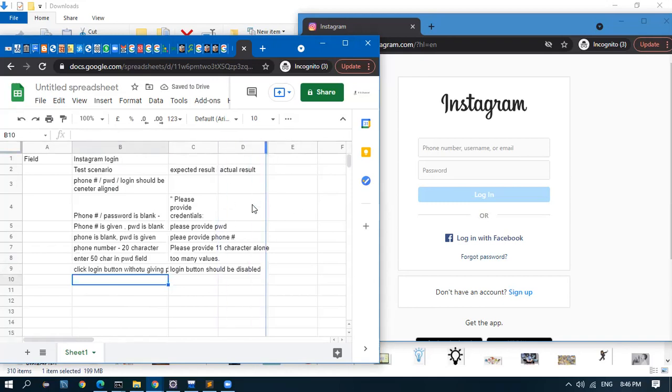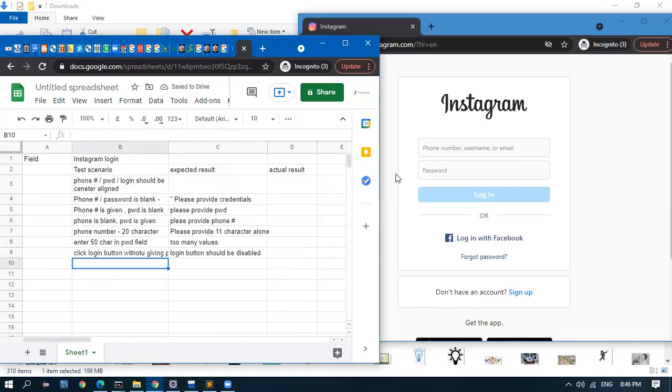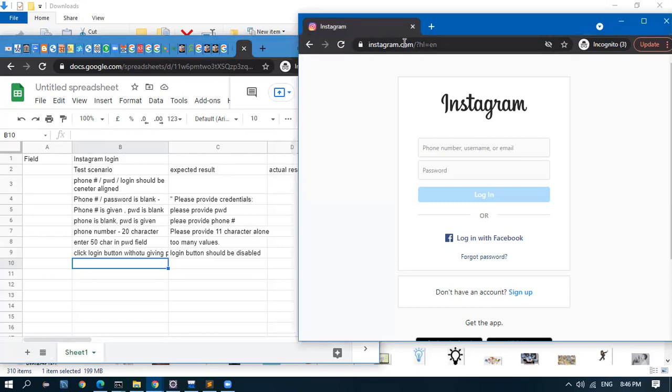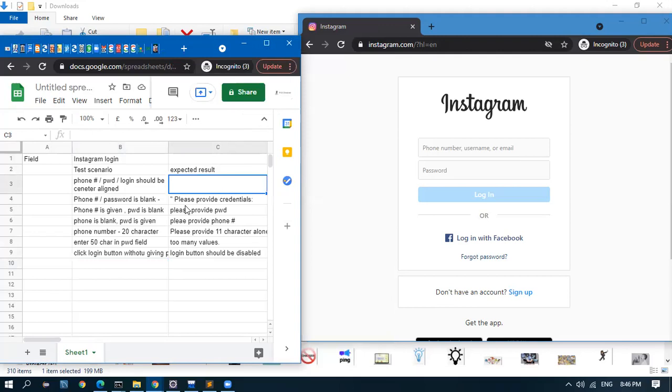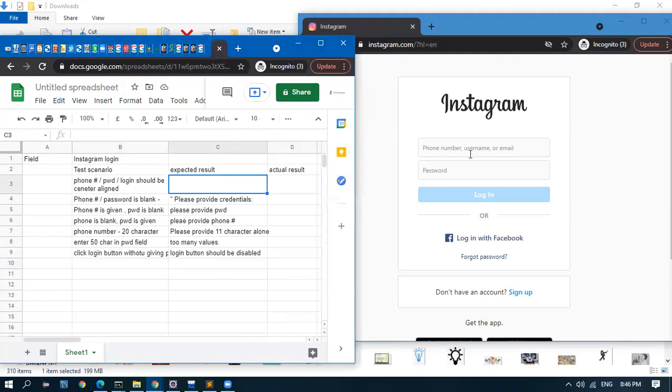Now we got the requirement from the Instagram customer. We wrote the test cases. Now it goes for development, and the developer has developed it and hosted it. They are giving us this link. Now, as a functional person, what do we have to do? We have to ensure whether they have done what we have asked. The development was done by someone else; we were involved only in the requirement. Understood?